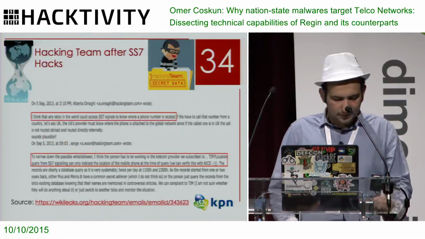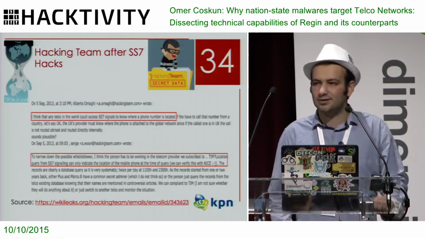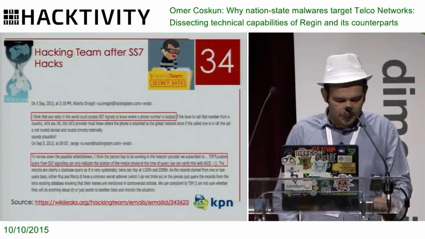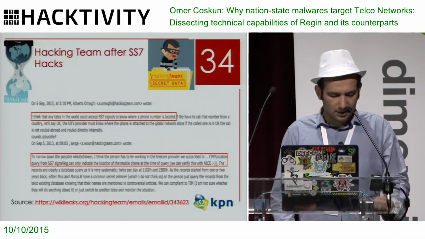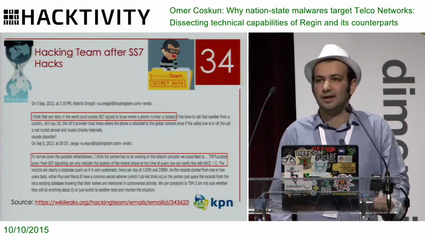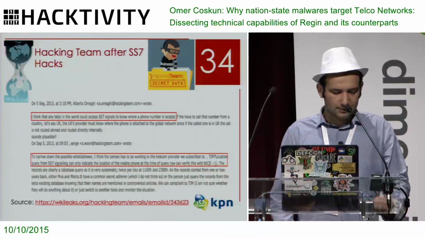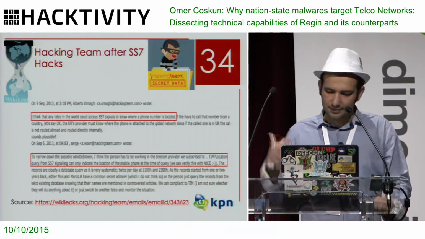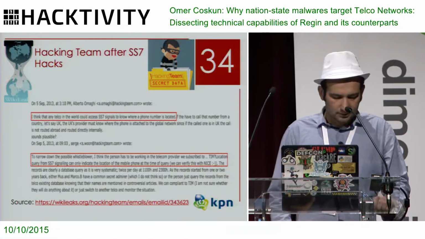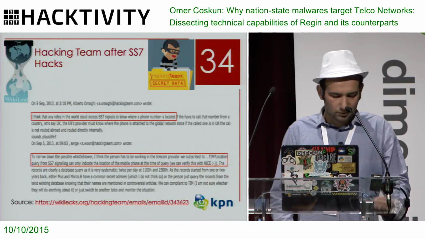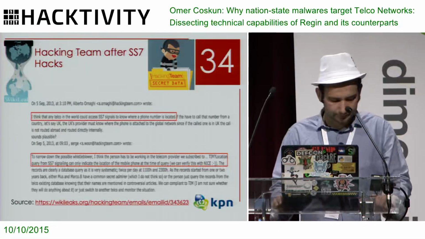An interesting mail log revealed that Hacking Team, which is known for selling weaponized surveillance tools to oppressive governments, was also interested in exploiting SS7 for user location tracking. It is technically true, as seen in the red circle, that the location of a mobile phone could be obtained at the time of the query.